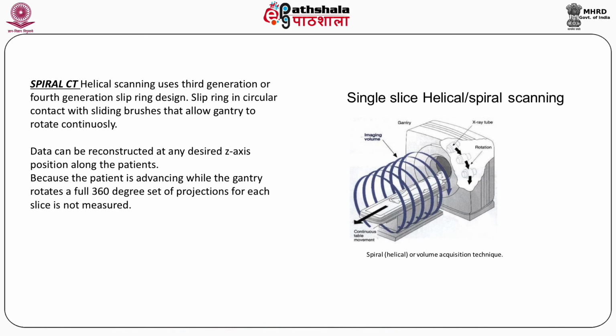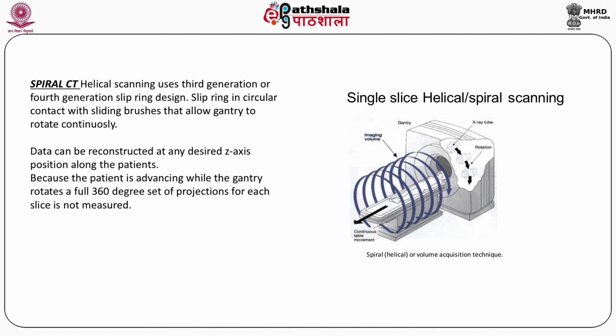Here the helical scanning uses 3rd generation or 4th generation slip ring design. Slip ring in circular contact with the sliding brushes that allow the gantry to rotate continuously. That actually completely changed the scenario of helical CT scanner. Data can be transmitted to any desired